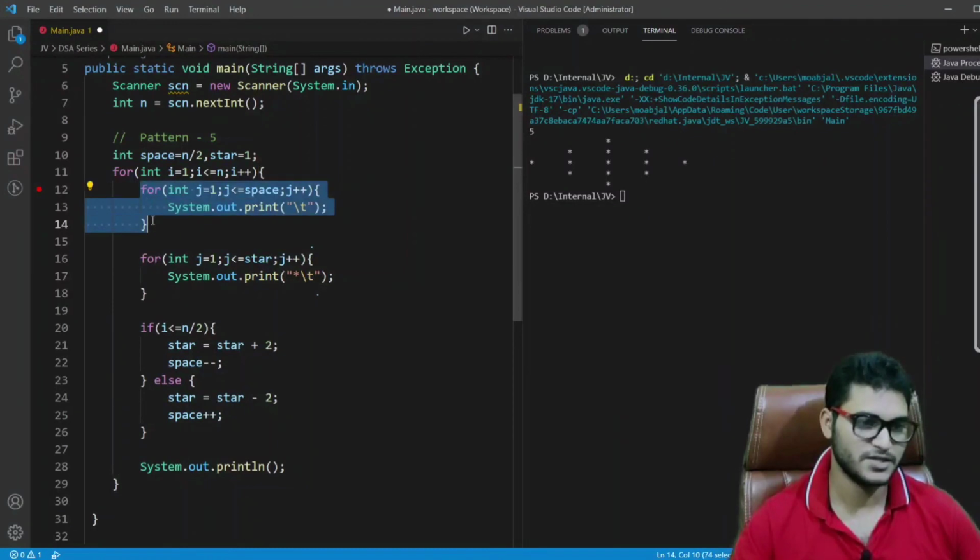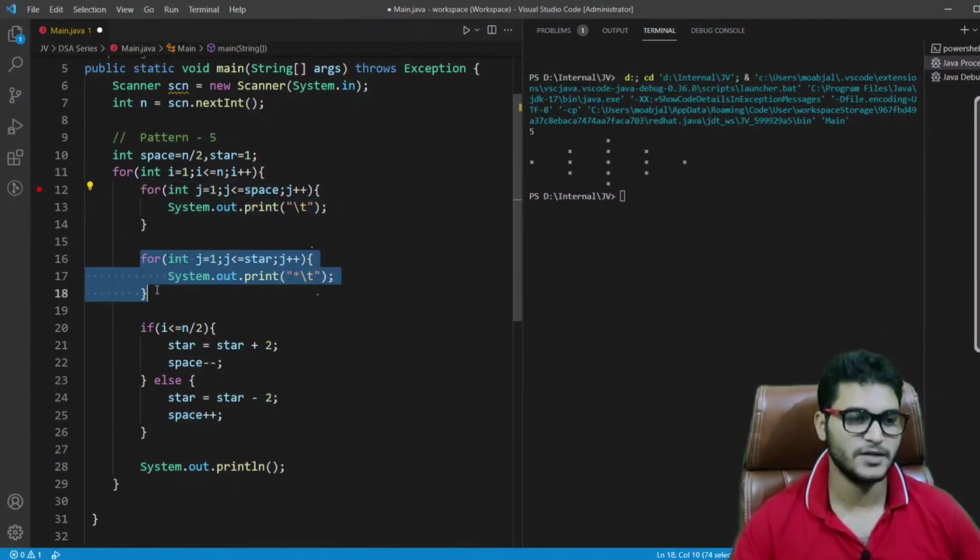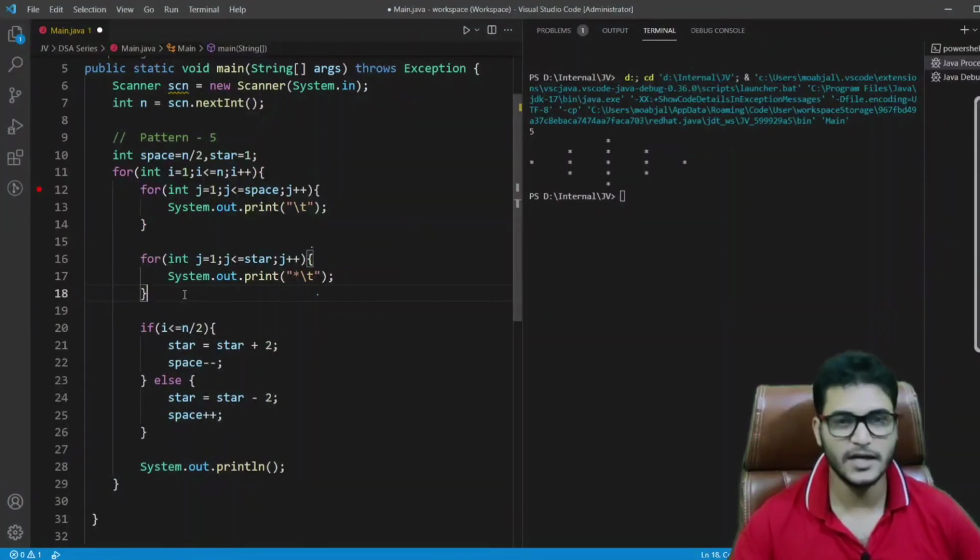Firstly you have to print a star, and secondly you have to print spaces, and this would print any kind of patterns. Trust me, you will be able to print any kind of patterns by completing all these 25 patterns, which I am going to show you in our upcoming videos.